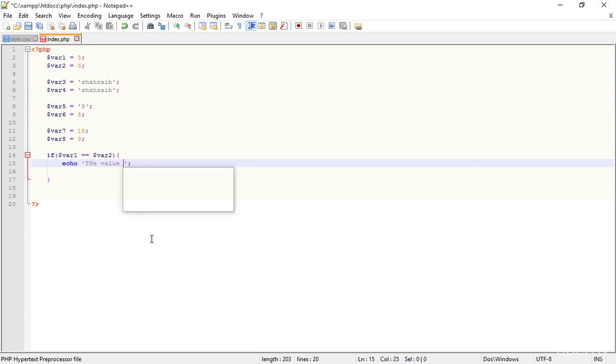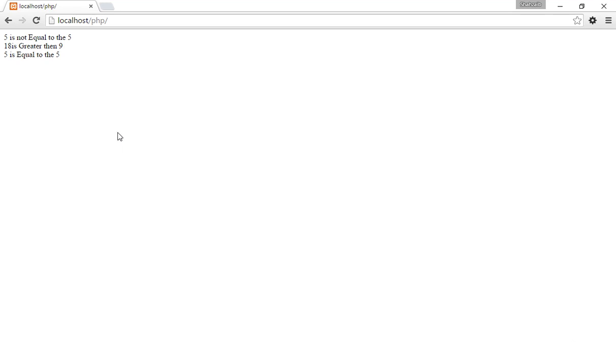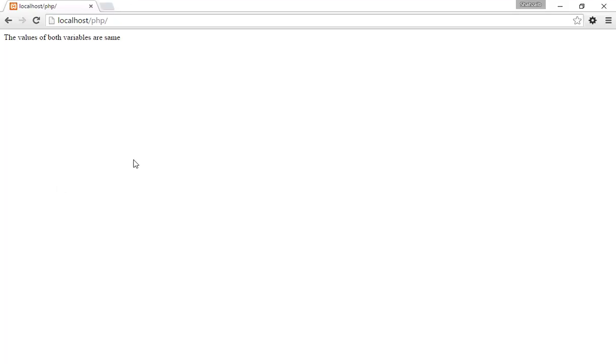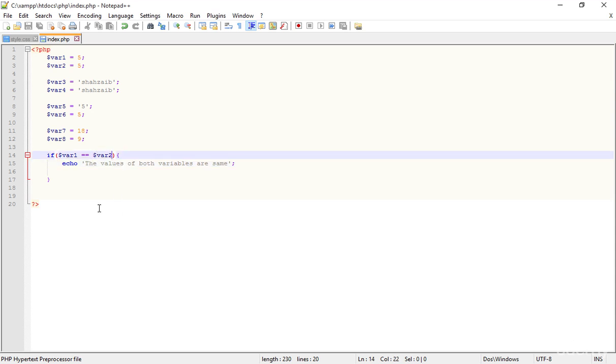the value is, or yes, value of both variables are same. Okay, now let us save it and go to the browser and refresh it. Now the values, actually there should be the values, not simple value. So this is not actually programmatical mistake, by the way. Now everything is fine as you can see, but here I'm just typing, for example, I just want to get